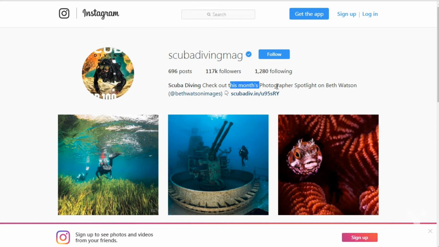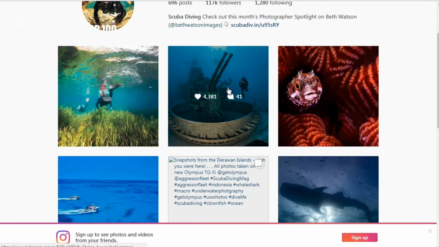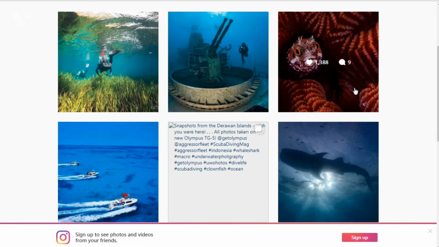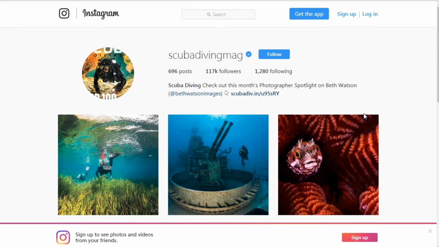Now, she's more into photography, so she's probably going to attract people who are into photography. So it's not really going to be scuba diving equipment, but rather people are probably going to want to know, hey, what camera are you using? What equipment are you using? What scuba diving equipment are you using? And all that for the purposes of photography. So you see how in this example, it may not necessarily be that she's selling scuba diving equipment, but rather that she's attracting a specific type of mindset. So you have to get an idea, like, who are you attracting? So in this case, scuba divers who love photography.